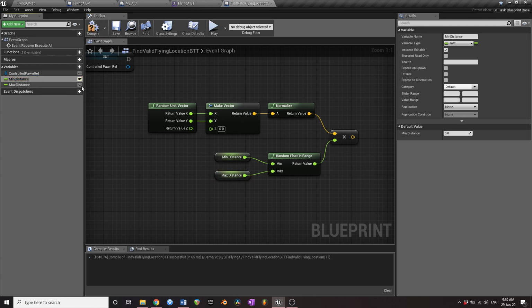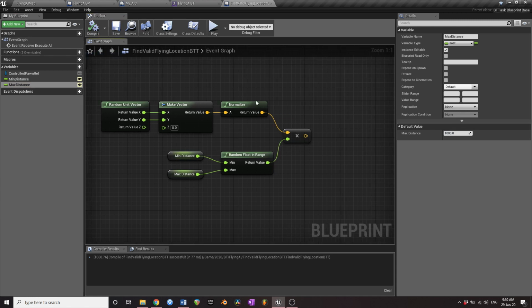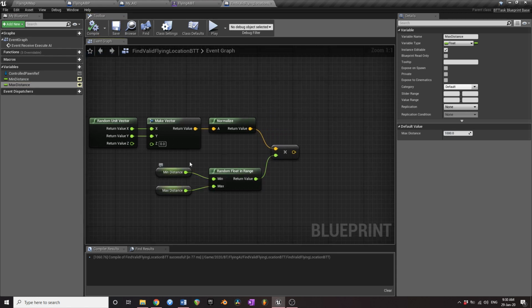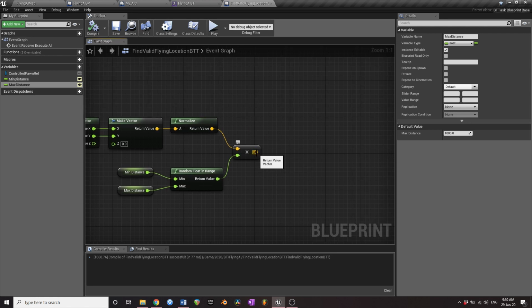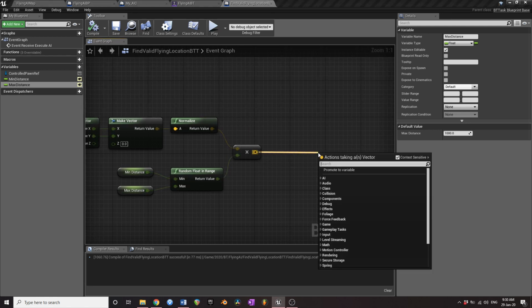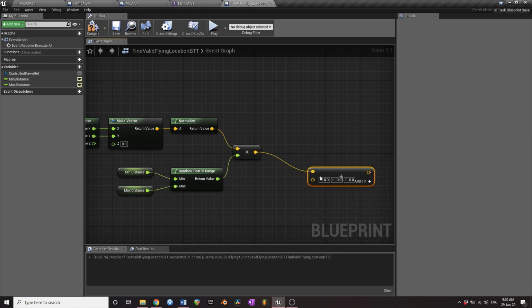So we'll make these both public like that, and we might just give them a default. So the min distance that you can move could be like 500, for example, and the max distance of that vector could be like 1000. So it'll find a random vector of length between 500 and 1000 in any random direction from where we are. So that's the next thing that we need to do, is we need to add this vector to our